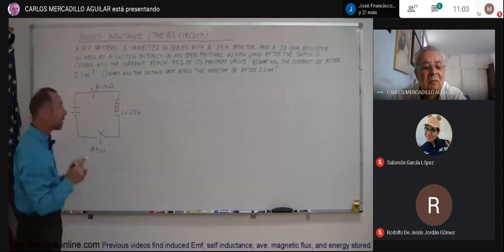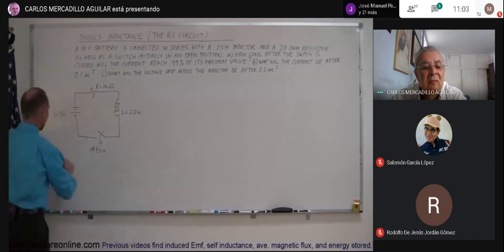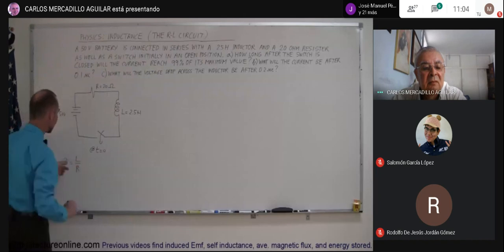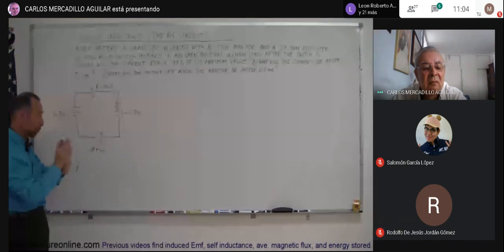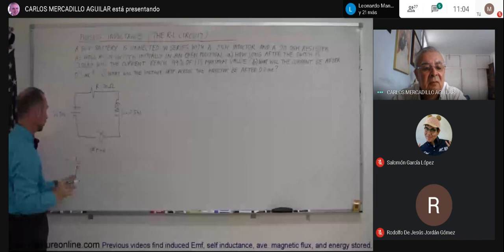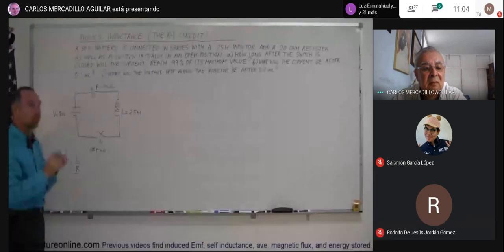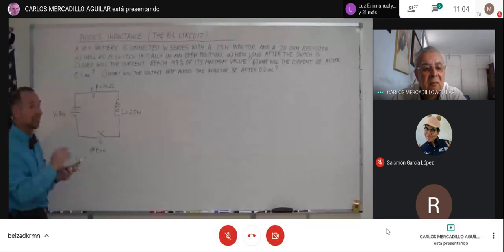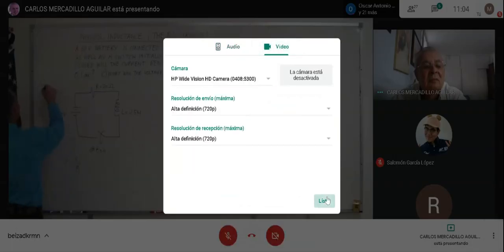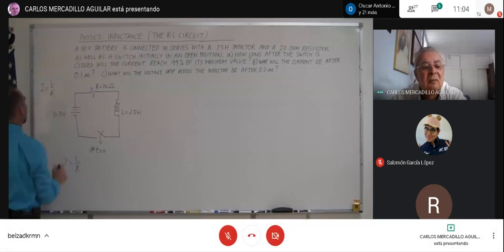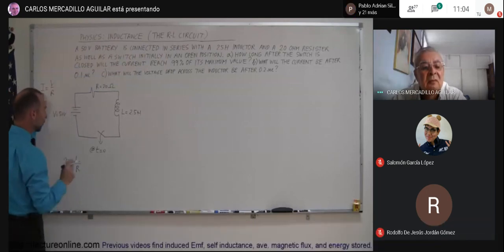Well, there's a time constant associated with this. The time constant, in this case, is equal to L over R. You can see that the bigger the inductor, the longer the time constant is, the more the inductor will hold back the surging current. And of course, the larger the resistance is, the smaller the time constant, because a larger resistor means that the end current will be relatively small, because remember Ohm's law, that current is equal to V over R. So if you have a large R, you'll have a very small final current,